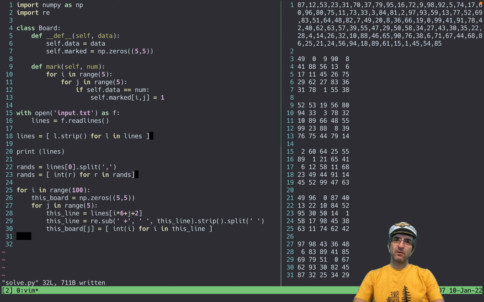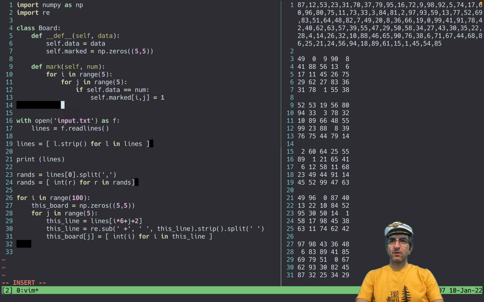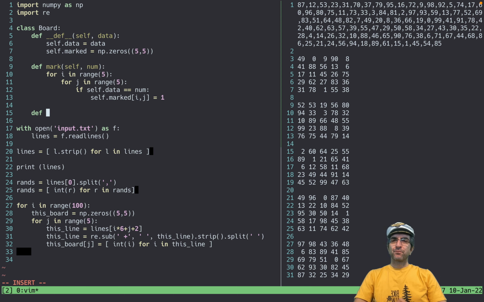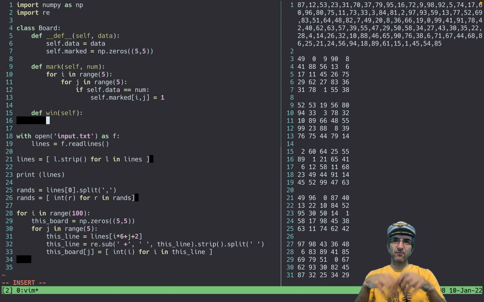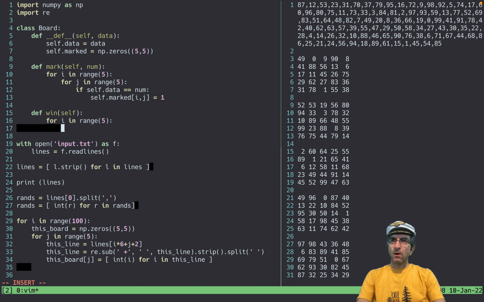This is marked. So I just wrote another method. Def win, if this board is a winner. You always need self because you want to use these variables. If you don't use this self, the variable will belong to the whole class. But I want it to belong to this specific instance. If the board is a win, for i in range 5, what to do?